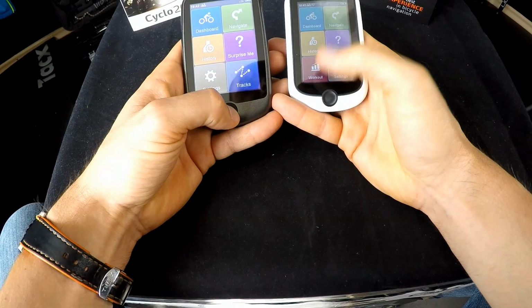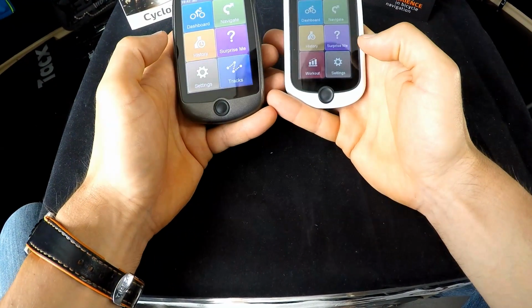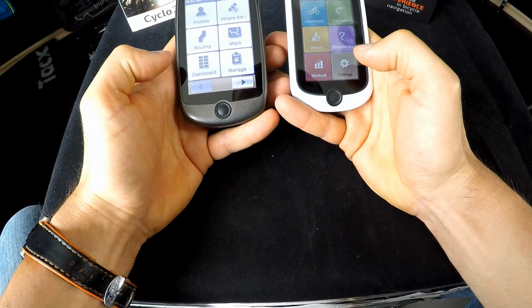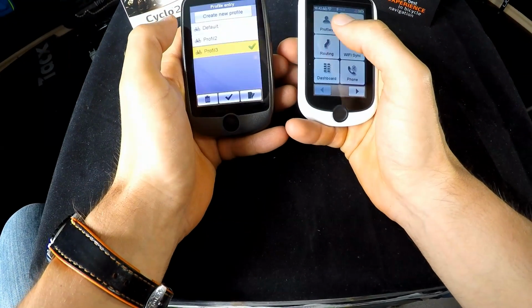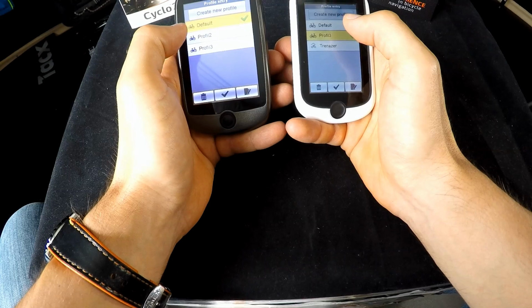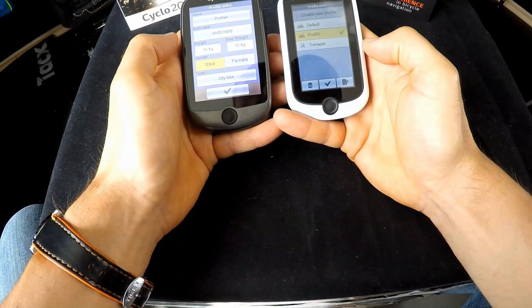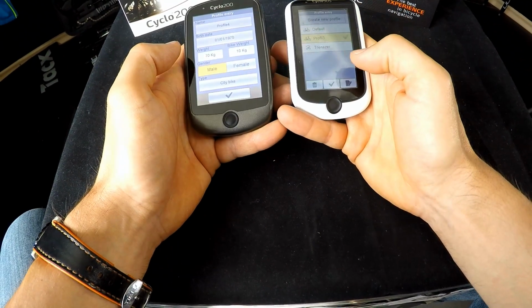Let's go back. So that was navigating, surprise me. History, that's easy, you just manage your history. And then let's go for settings. That's the last same icon here. Now you can be putting different profiles here, and let's create a new one maybe. And both devices will give you the option of